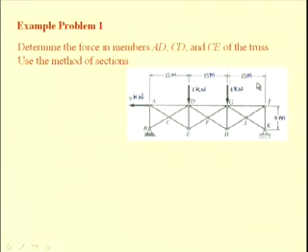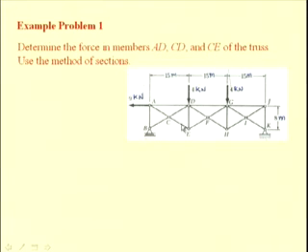Let us consider this truss ABJK, which is a simple planar truss connected by a roller at joint B and by a pin connection at joint K, with certain applied loads, say 4 kilonewton at D and 4 kilonewton at G. The various dimensions and geometry of the truss are given. Let us say we are interested in determining the forces in the members AD, CD and CE only.